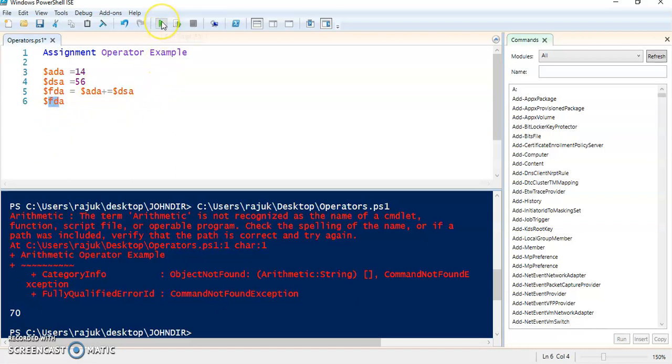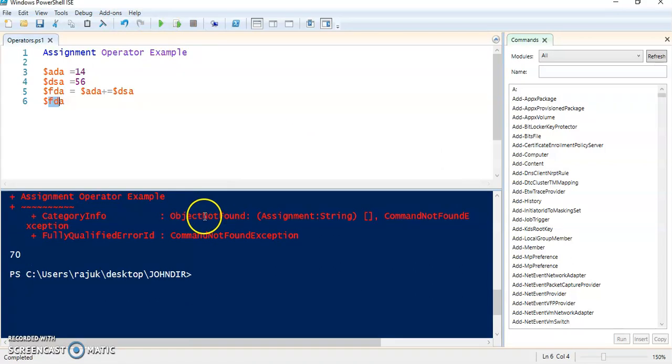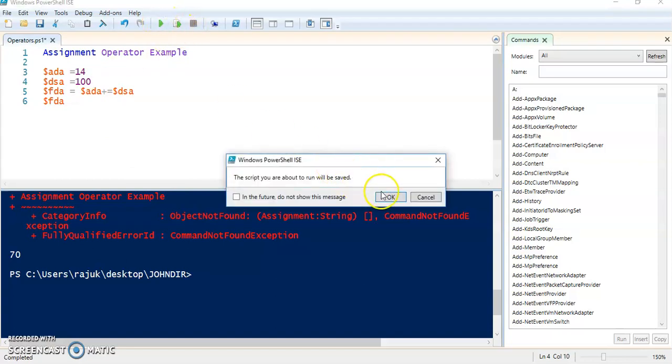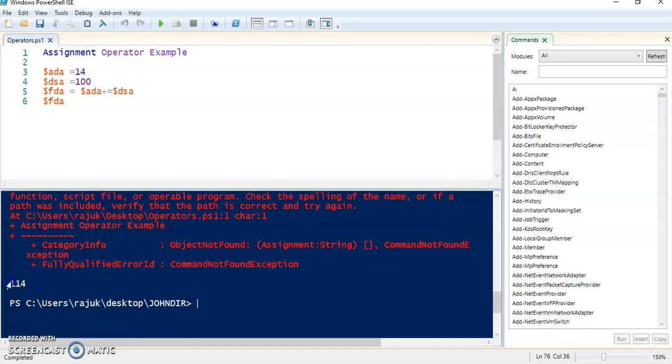Now we are running this program. You can see it is showing 114 because first it does the plus and then the equal to.